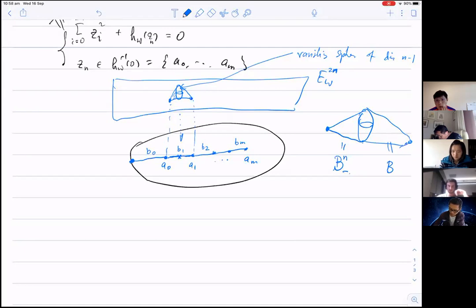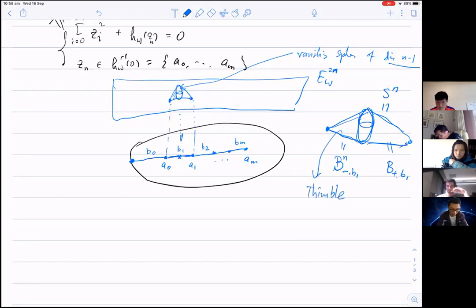Maybe it's also P1 plus P1. There's another ball, and another ball they glue along the sphere. So that actually again is the sphere of n dimensions. Right? So this is a sphere of n-1 dimensions. The ball, in fact, is over this interval. The whole thing is what we call the Lefschetz